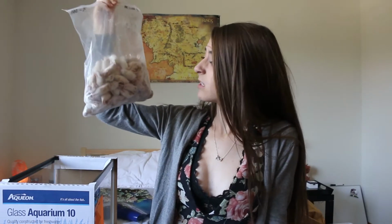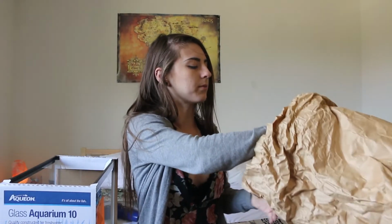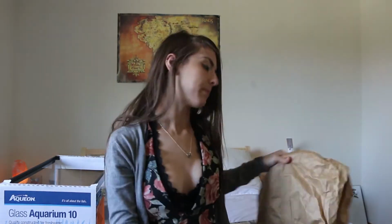They're so cute. It's so sad. This is what Arya eats. I'll go ahead and put them away. I just keep them in the freezer downstairs in this bag, so nobody has to see it. But yeah, I got those for around $50, I want to say, maybe $45 for 100 frozen fuzzies, and I think that is a crazy good deal